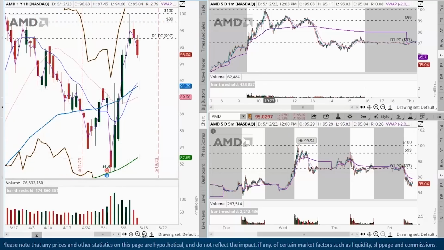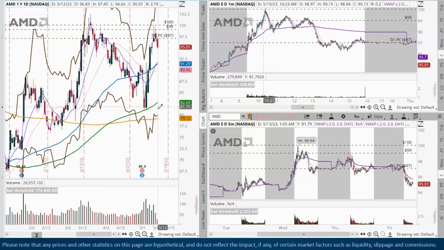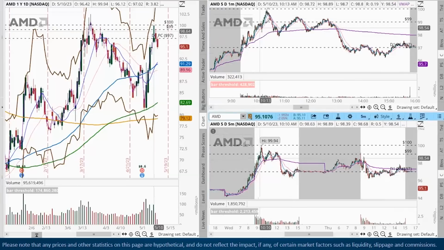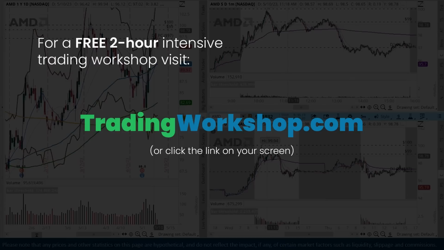So you can see that AMD on the daily broke this downtrend and had a pretty big move from about 80 to 100. And it was getting into that area where I would be interested in a mean reversion short. So you can see that it touches 99.80-ish, puts in a high. This is on Wednesday. And it starts to fail and roll over a little bit. I took a short here, which I did get stopped out of, but at that time, the market was very weak, and I thought that it could drag down AMD, but AMD continued to be relatively strong,